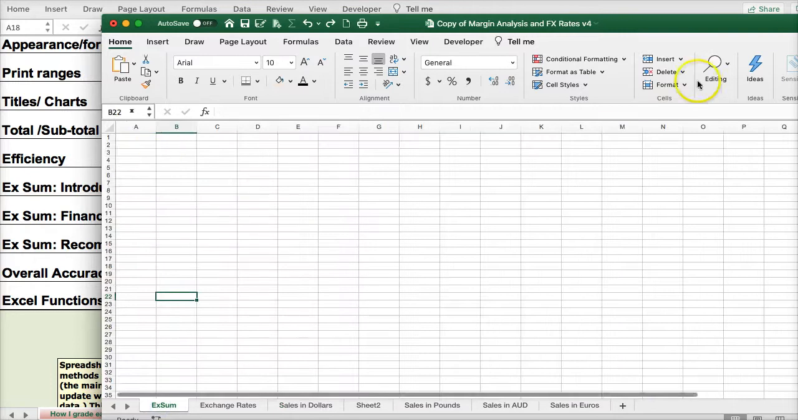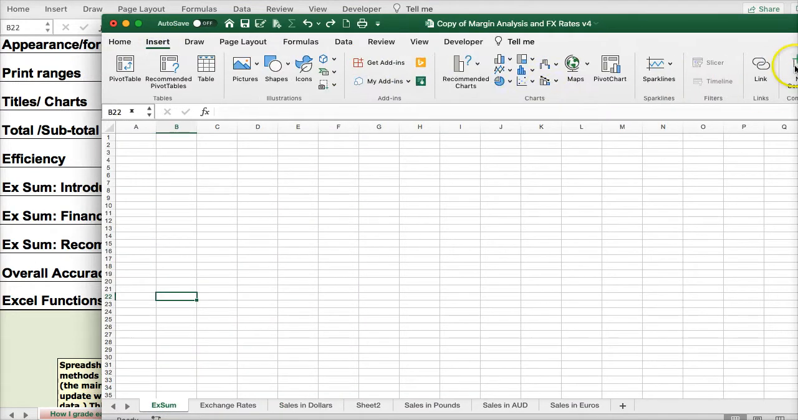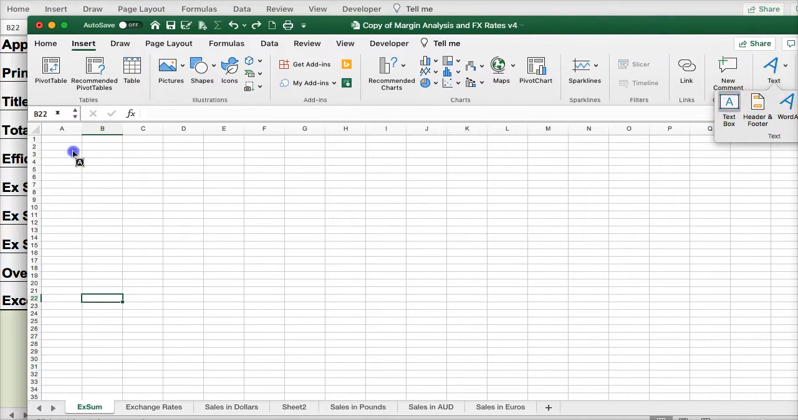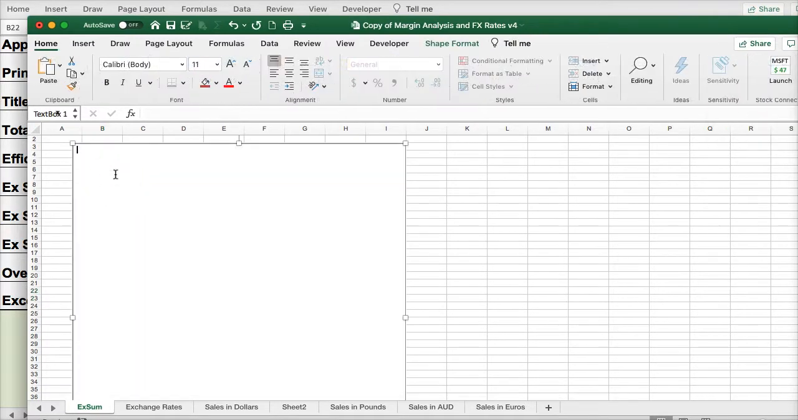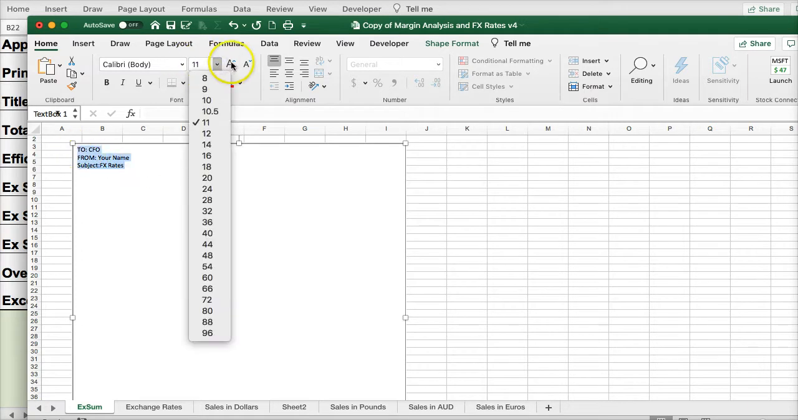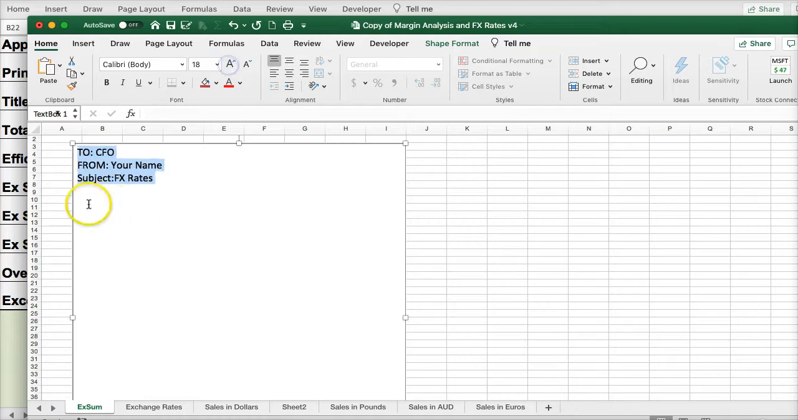Say the executive summary, you should open up and we'll insert a text box. See that? I'm going to insert a text box here. And we should use the memo format too. Generally CFO, from, your name, subject. All right. And then let's, just like in Word, you can manipulate the size of the font here. And then you should have